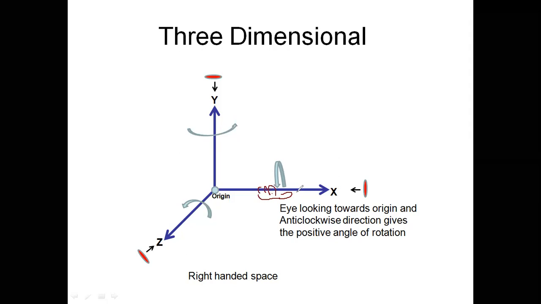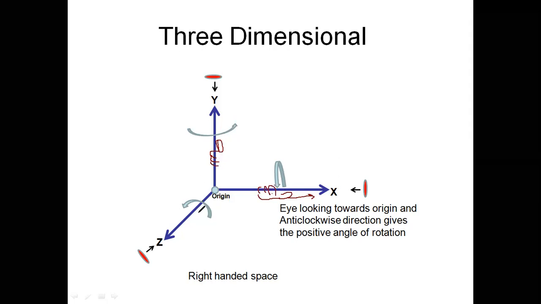If we hold this axis with the help of the right hand, the thumb will give you the idea that we are holding the axis that is moving outwards. The thumb will give the outward direction of the axis you are holding. If you hold this, the thumb will be upward, and the twist of the fingers of the right hand will give the rotation of the angle.